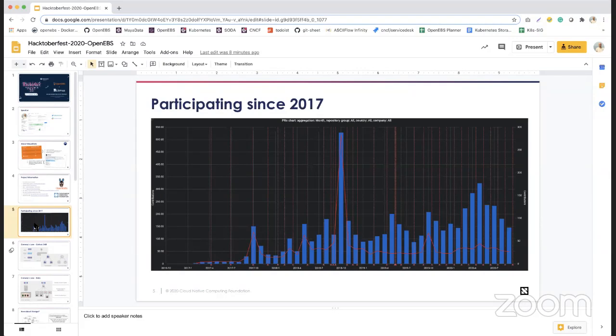What it shows is that October has been the month where the maximum number of PRs come in each year, and that's totally attributed to Hacktoberfest. We started participating in 2017, and there was a skyrocketing number of PRs that came in. The same thing happened in